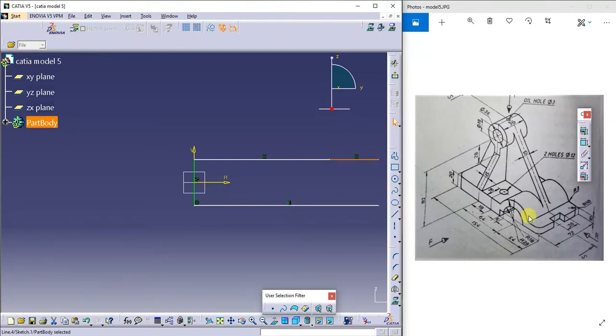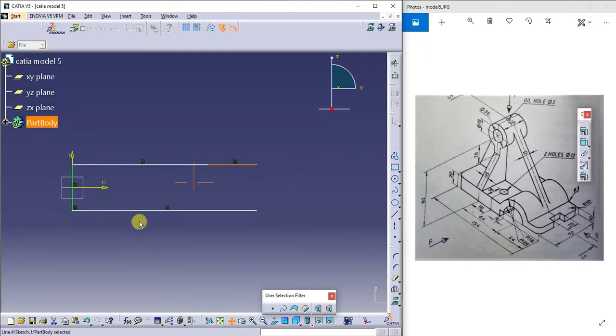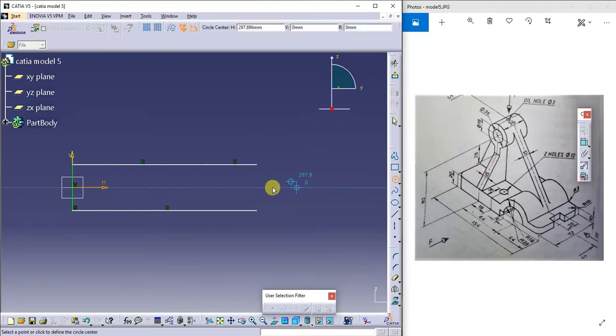Now I'll try to create these two circles. I'll put it here. I'll try to draw exactly at the center of this. Move the cursor so it shows the dotted line.